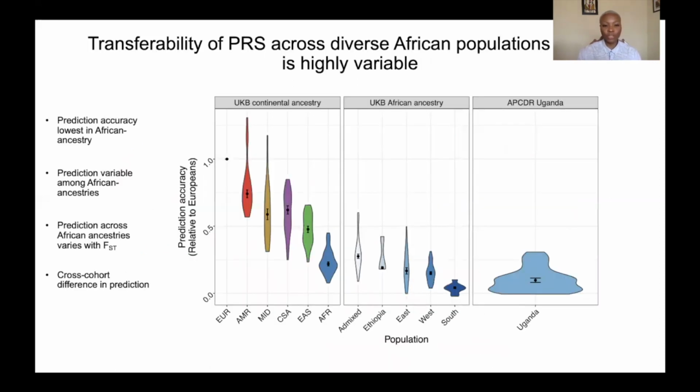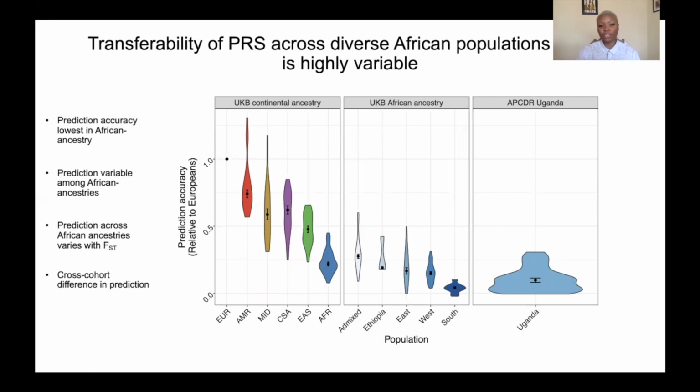So after computing polygenic risk scores in 10,000 European ancestry samples from UK Biobank, we observed variable prediction accuracy across continental ancestries, with Africa having the lowest prediction accuracy. What was even more interesting was that when the African group was broken down by region, there was variable prediction within the African ancestry,